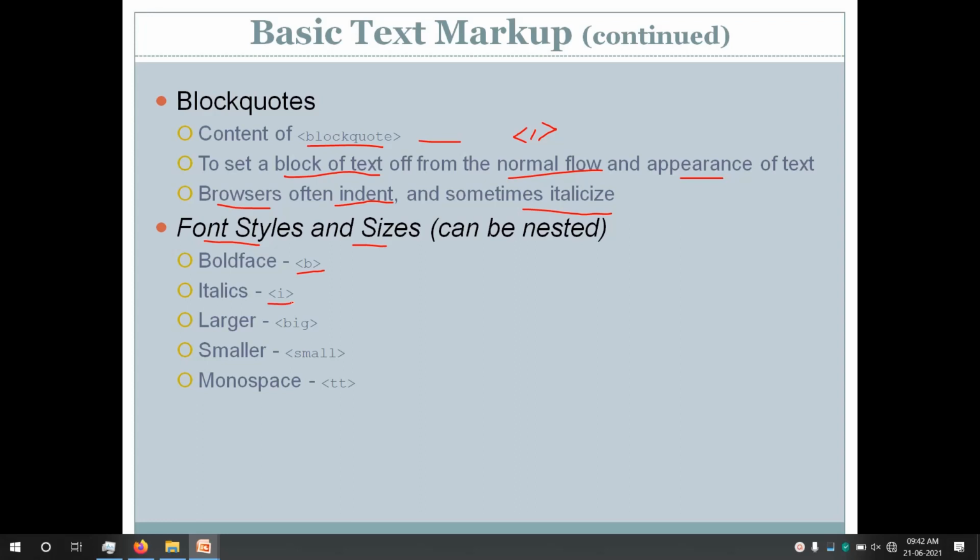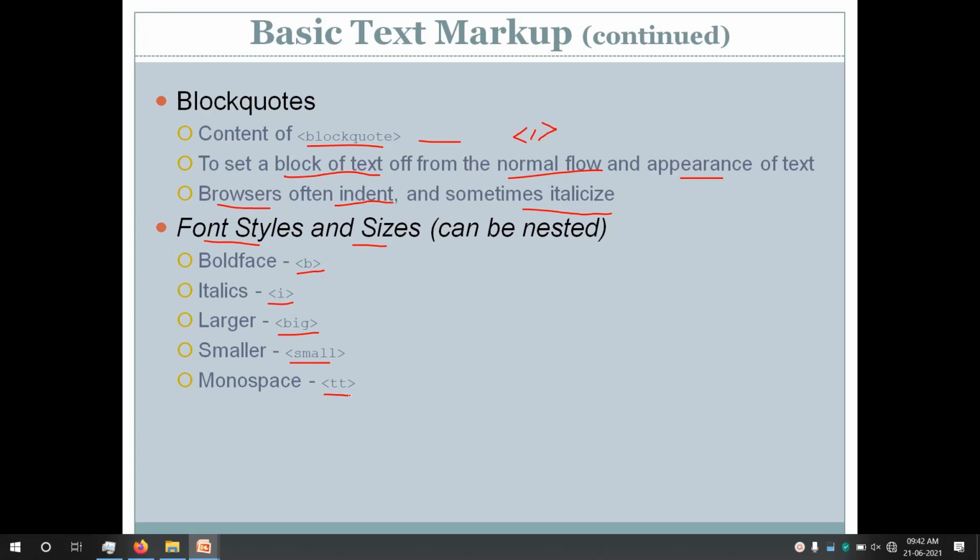Italics, for that we use the tag I. Then there is the big tag, to make your font look bigger than the current size. If the current is 8, it may make the new text 10. Then small, that makes your text smaller than the current size.